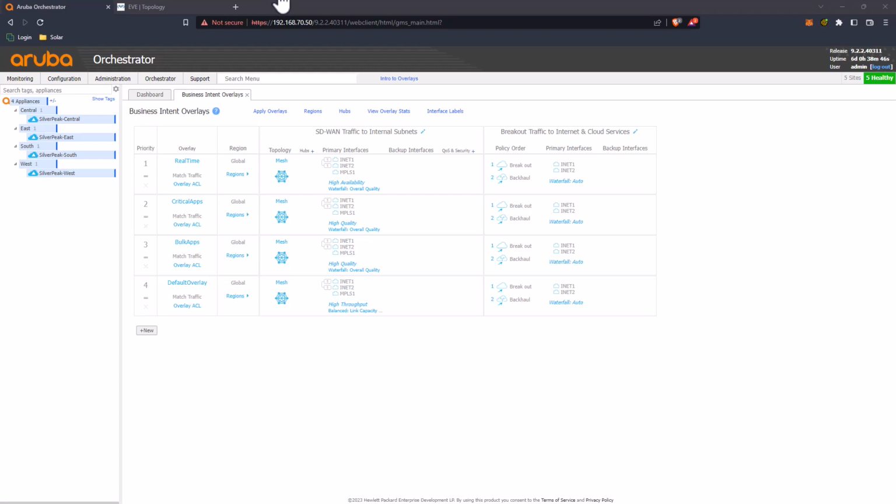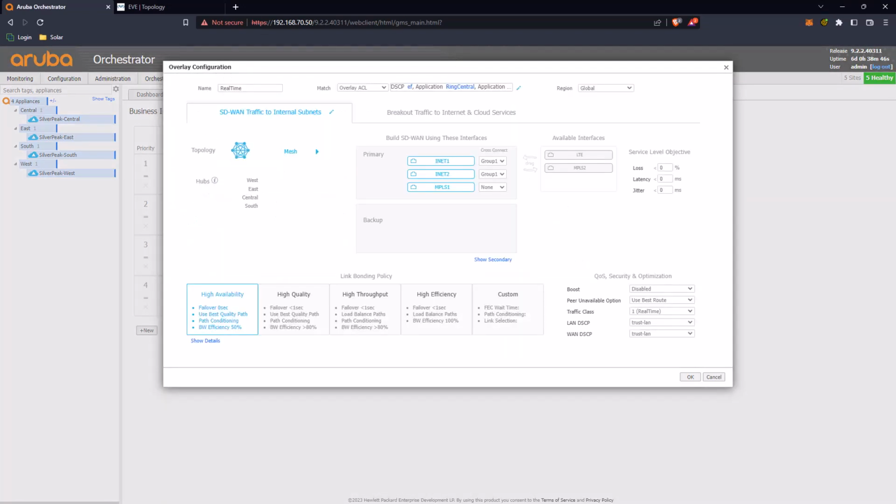So let's take a look at our options here. If I click on one of the BIOs, like real-time, I can start to see my options. First, what options do we have to get traffic into this BIO? We can choose based on an overlay ACL, a specific LAN port, or an appliance-based ACL. In this case, the default is an overlay ACL, and if I click on the pencil